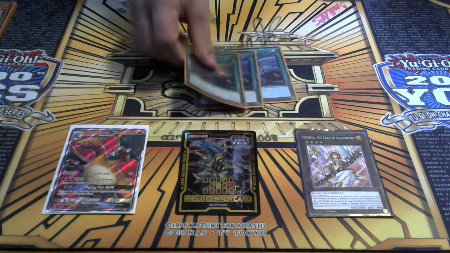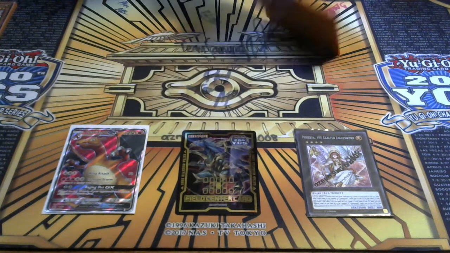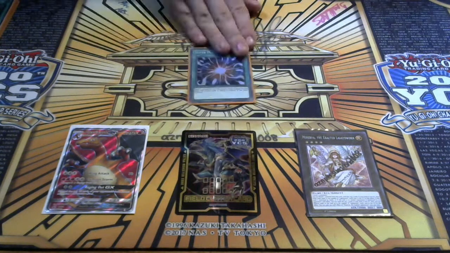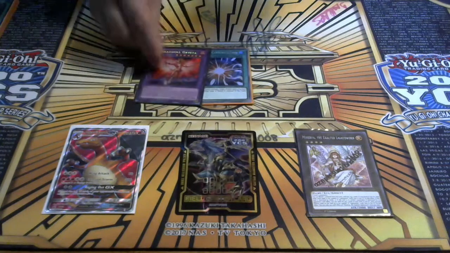So, like, if you discard Shadoll Beast or Squamata, you get their effects as well as the destruction effect of Twin Twister. So it's, like, busted. I side deck the Super Poly because of the extra deck monster I side deck, which is El Shadoll